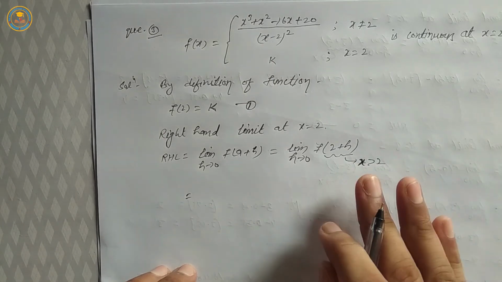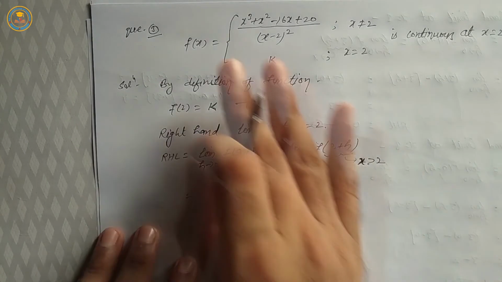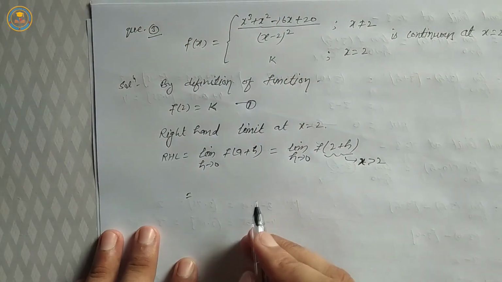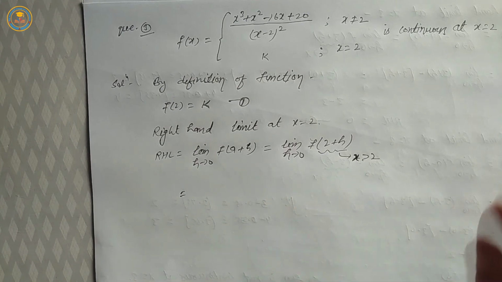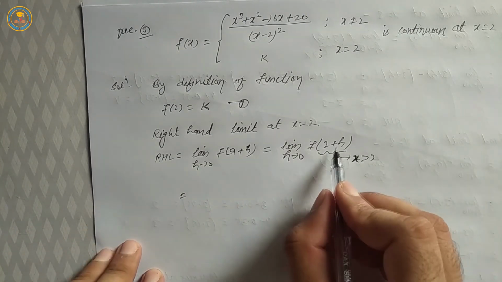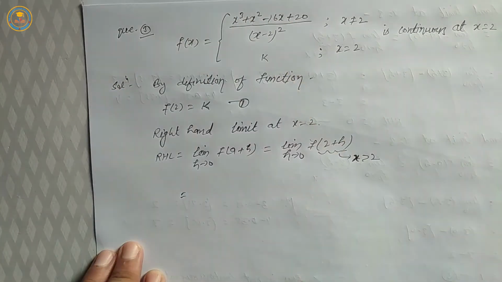When x greater than 2, then the value of f(x) is equal to x cube plus x square minus 16x plus 20 upon (x minus 2) whole square. Okay, putting the value of x is equal to 2 plus h in the function f(x),